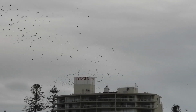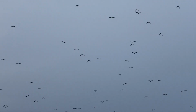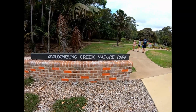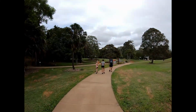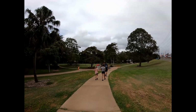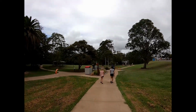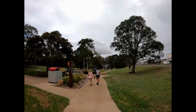Oh my gosh, here's the bats. They seem to take flight every evening here in Port Macquarie, and they're just everywhere. My gosh! Coolanbung Creek Nature Park. We're going to go and check this out and see if we can find all these bats, these fruit bats, or they call them flying foxes, that are in abundance here in Port Macquarie, and they fly past us every evening and we have no idea where they go,